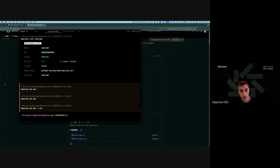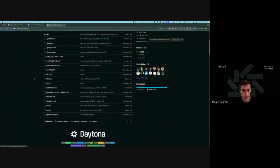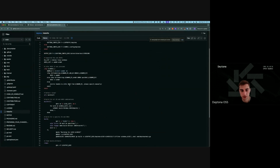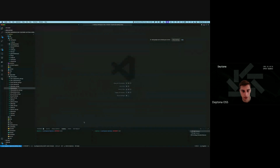Just a small UX tweak, so you don't have to make that extra enter if you actually want to run the pre-build automatically. And lastly, I added a makefile to the project. This is a very interesting change because now with the makefile in the project, if we open it right here, it provides a very easy way to build Daytona for different OS and architecture combinations. So now the users that actually develop Daytona can run